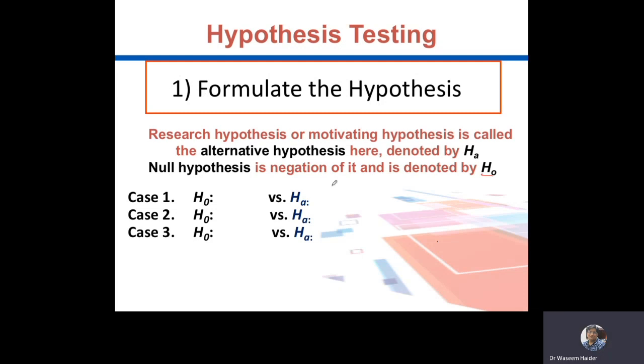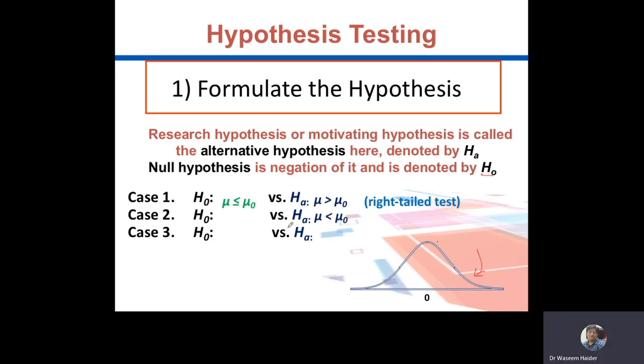We can have these 3 cases. HA is mu is greater than some mean under the null, or mu naught. H0 would be then mu is less than or equal to mu naught. Since we are looking for some value bigger than some mean under the null, it's a right tail test. So in the curve, we will be looking to the right side of the curve.